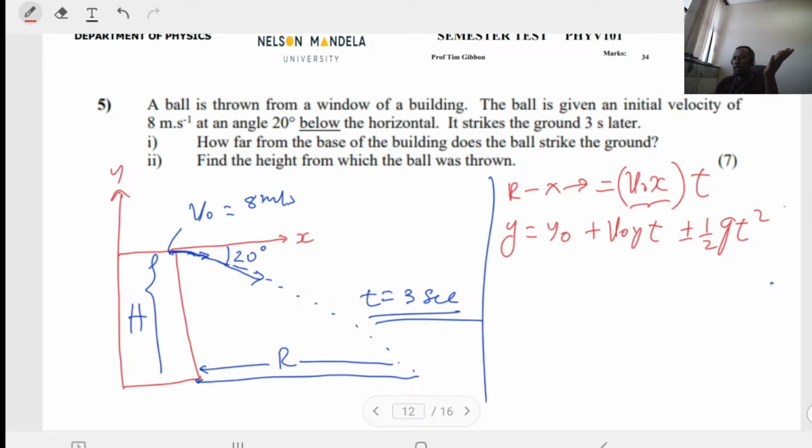When it's going down, it's not negative. Let me write for you. Y up, if it is up, is y naught plus v naught y times t minus half g t squared. That is your equation if it is going up. If it is going down, y down